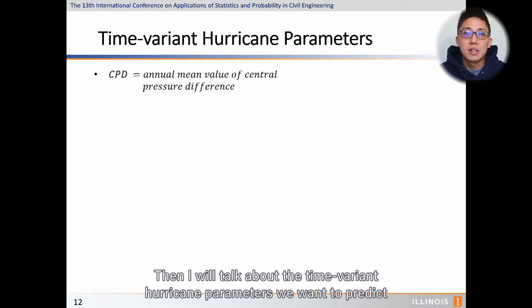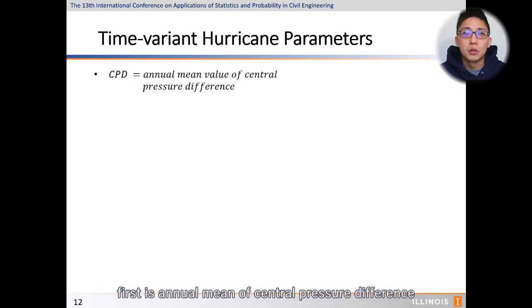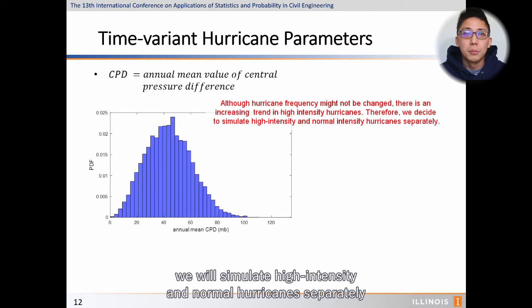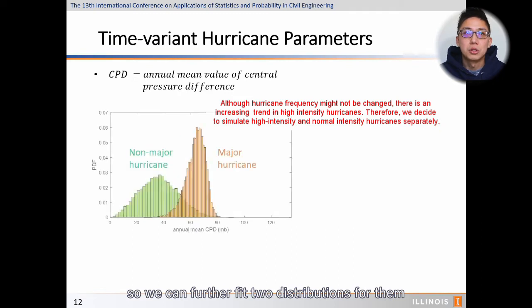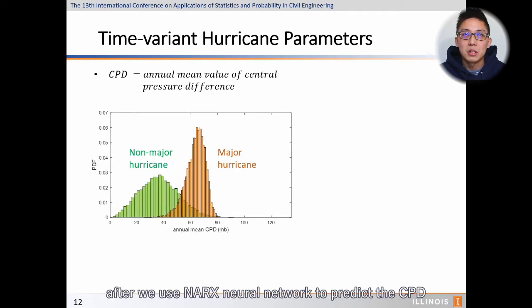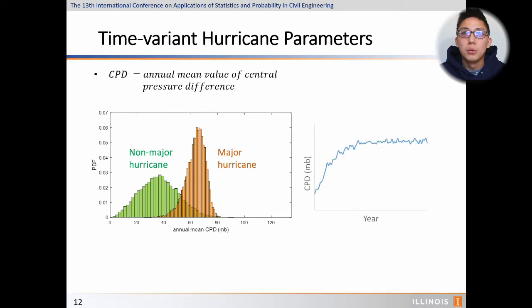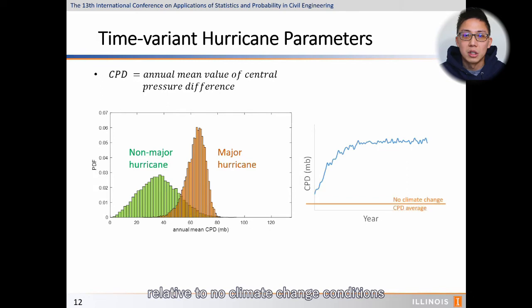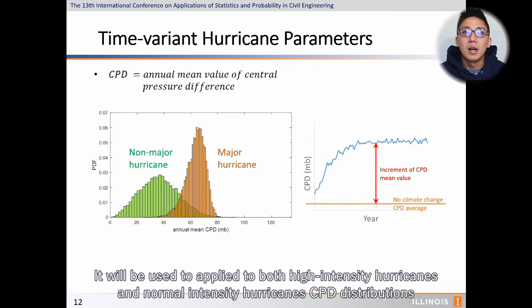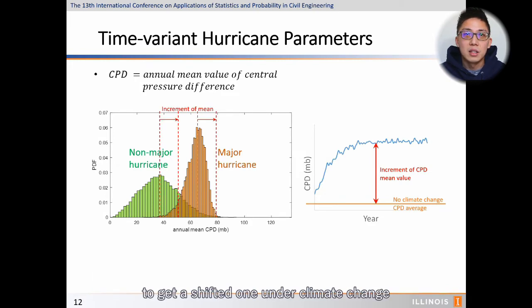Then I will talk about the time-variant hurricane parameters we want to predict. First is the annual mean of central pressure difference. We can find its distribution. In this study, we will simulate high-intensity and normal hurricanes separately, so we can further fit 2 distributions for them. After we use the NARC neural network to predict the CPD, we can find the increment of the CPD mean value relative to no climate change conditions. This is the CPD mean value increment. It will be applied to both the high-intensity hurricane and normal-intensity hurricane CPD distributions to get the shifted ones